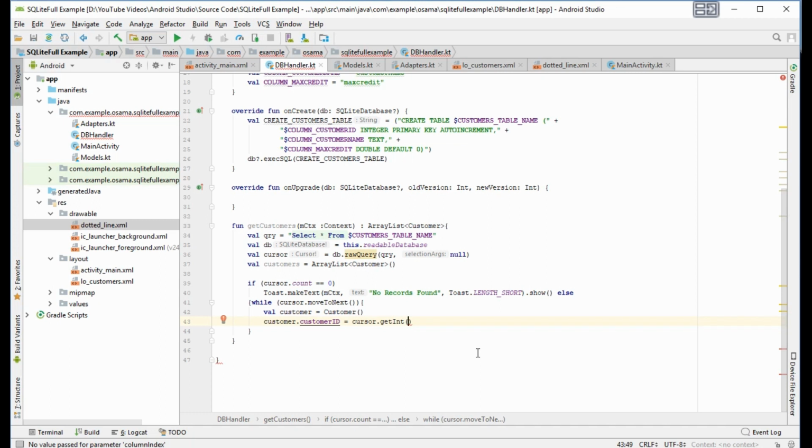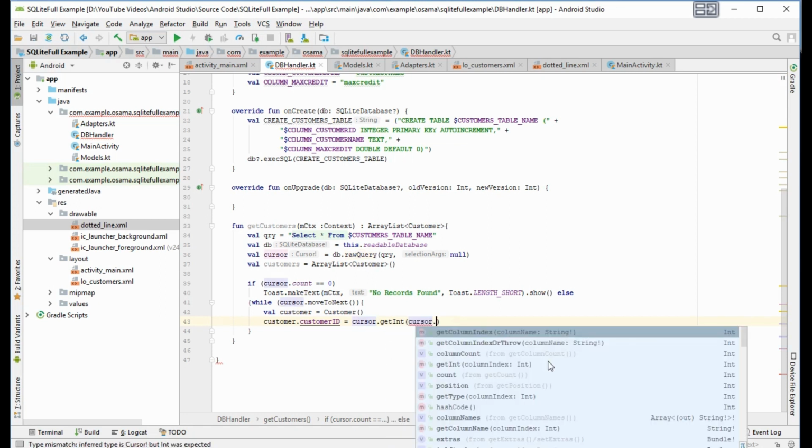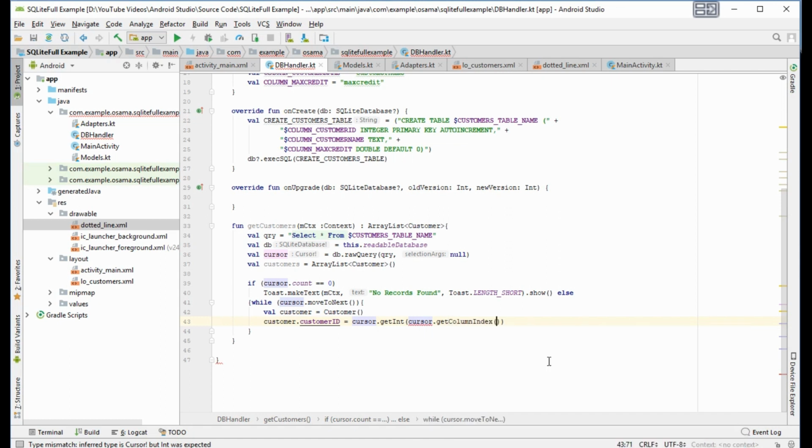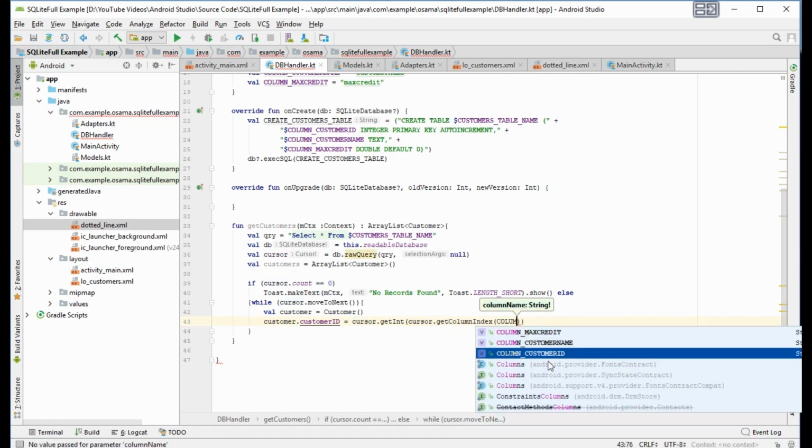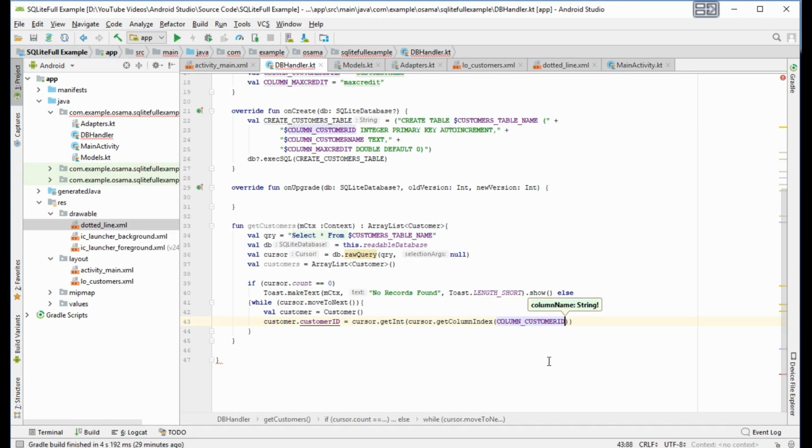Here we will put the index of the column. The index 0 is the customer ID, the index 1 is customer name, and the index 2 is max credit. We can use it like this, but I prefer that we give it cursor dot get column index, and here we put the name of the column, customer ID.